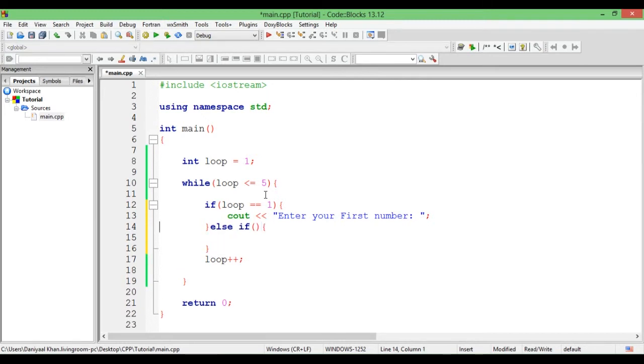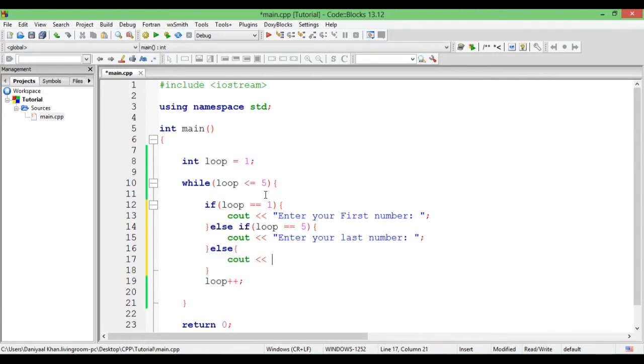We'll be executing this command 5 times, so you can add 5 different numbers at once. So if loop equals 5, then we'll just say cout enter your last number, and then we'll have another else saying